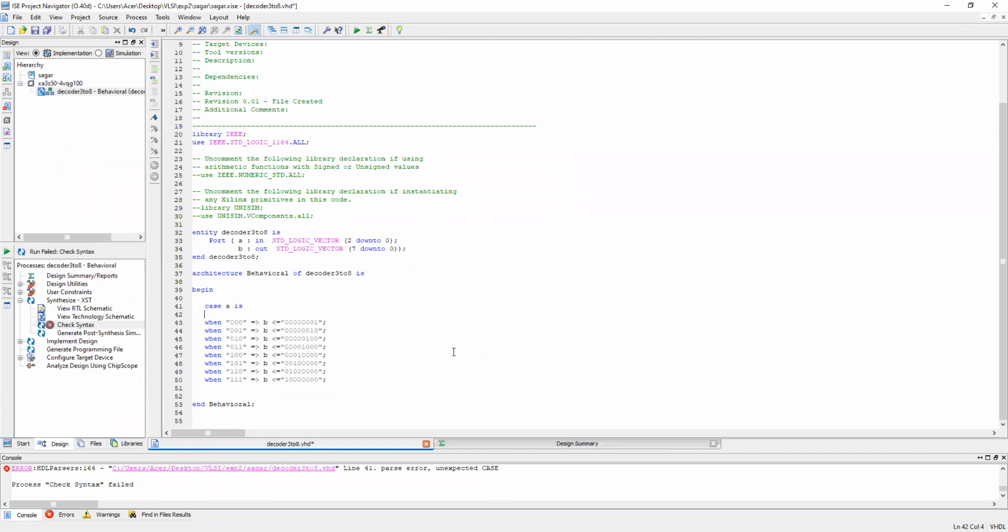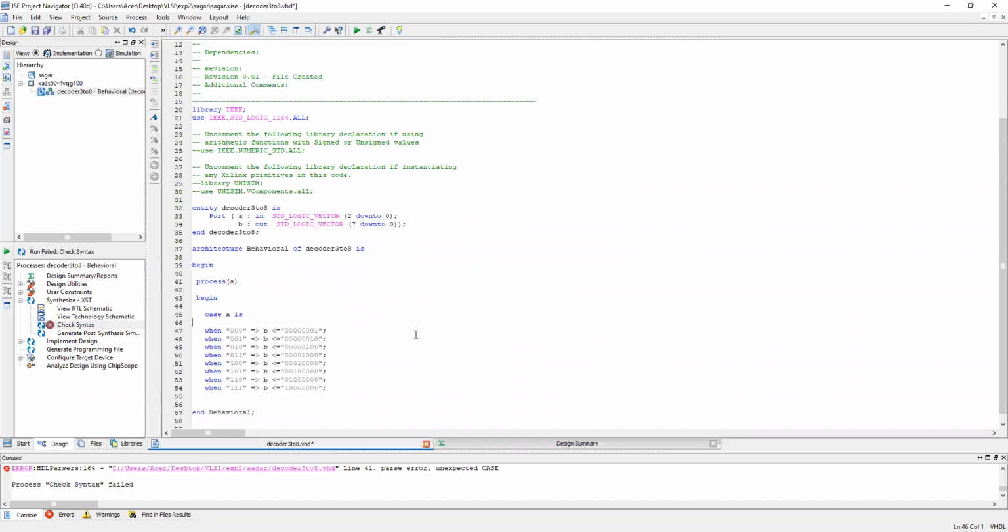So here after begin, I have to mention the process, right? Process A. Now after process, again I have to mention begin. Okay, now it is a case statement I can use after this begin.